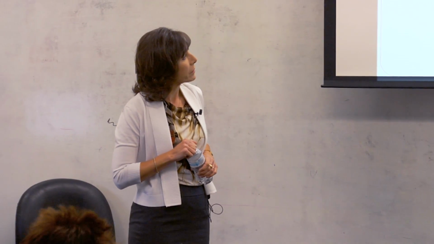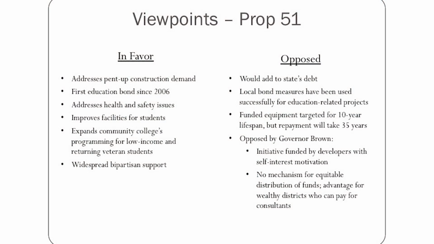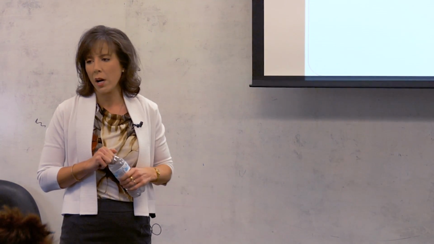Another opposition is that some of the technology that is described in the project proposal scope is designed to last 10 years, but it will take 35 years to repay the money. And so there's some question about value overall. Now, that doesn't address the facilities. Presumably, the facilities would be there for the long term. Okay. But it's really a very common pro-con decision.